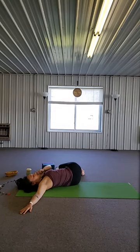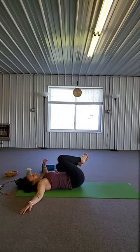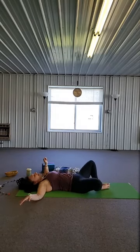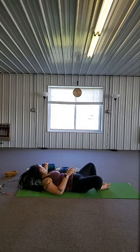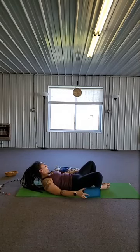Let's take 1 more breath here. Awesome. Come back into center. Place the soles of your feet together. Open your knees out to the side. For those of you who can let your knees just drop on the floor, good, more power to you. If you're like me and you have a little bit of tension in your hips or in your groin area,